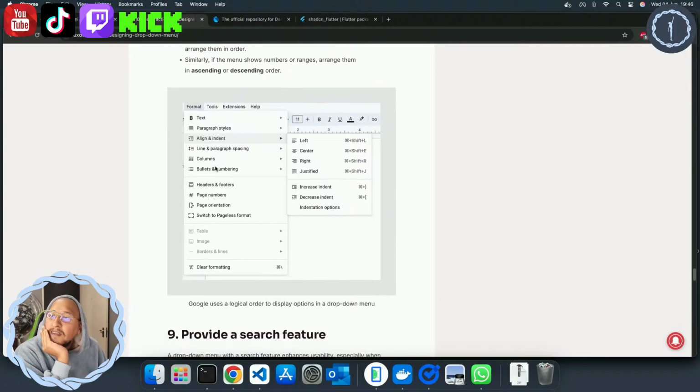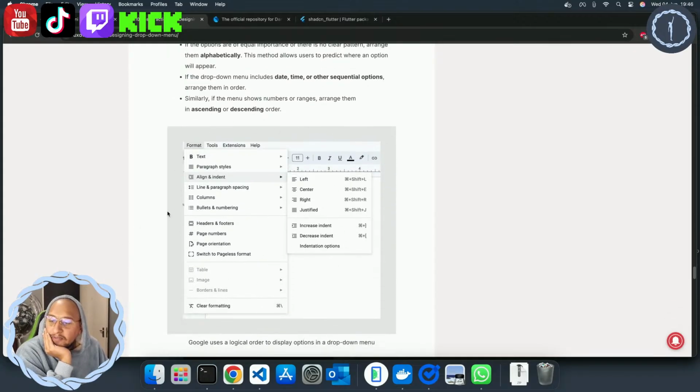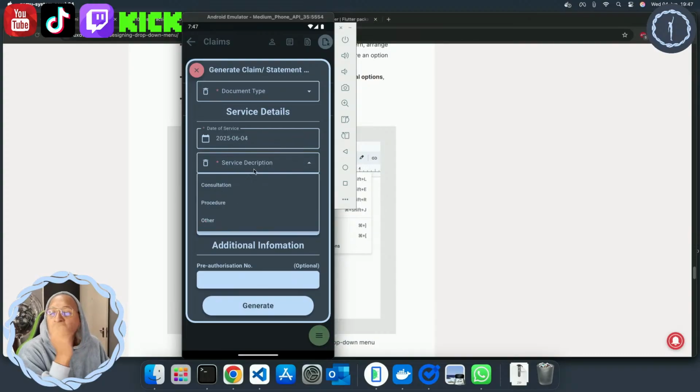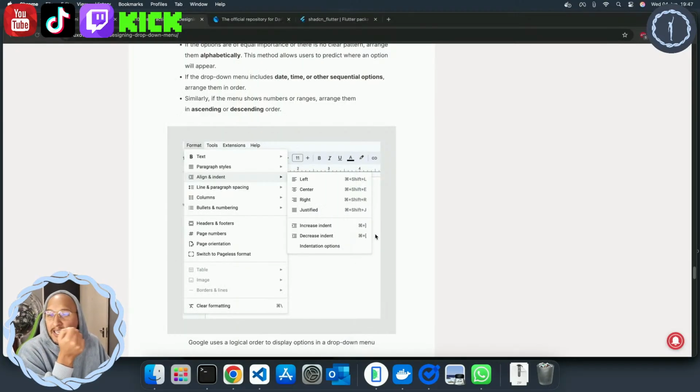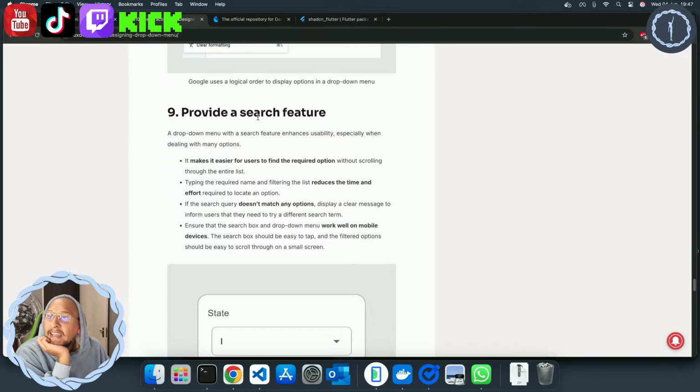Okay. I don't know if this makes sense to me. It makes sense in terms of this kind of menu, but not really the drop down we're looking for. Because I thought they were going to say, for example, let's say the service description had 9 options. The first one was consultation and had its own consultation section that you can choose from. It's just to make it easy, but I don't think we have long lists of options like this one that we need to go into different categories. So I think we can skip this one in MIH